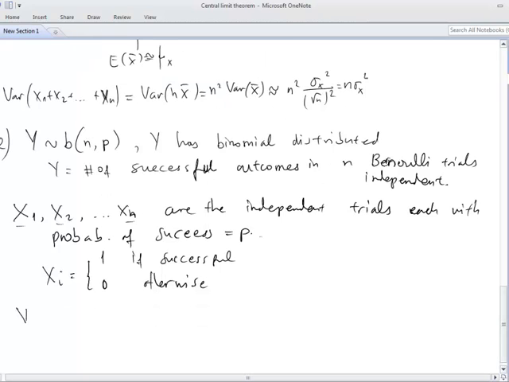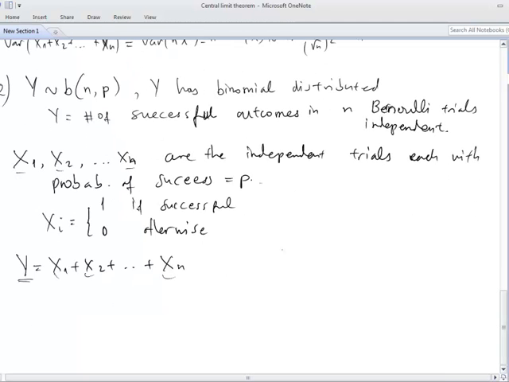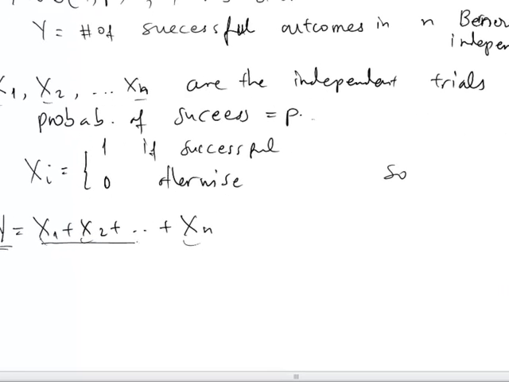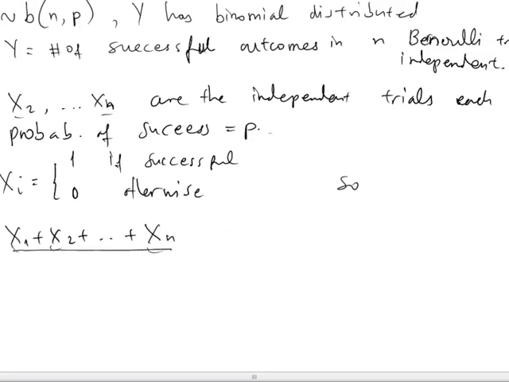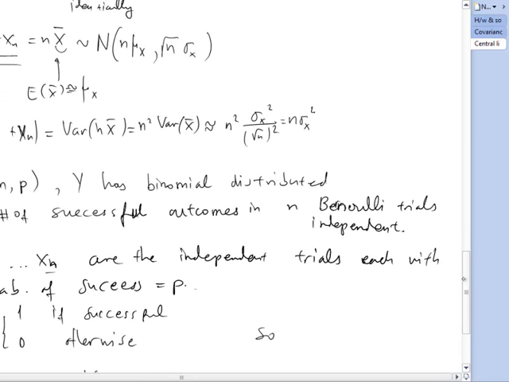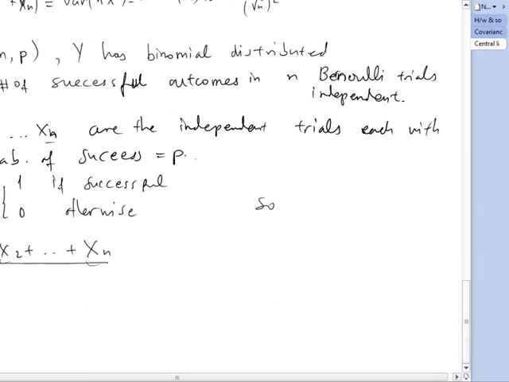And therefore, if I add those, the zeros do not contribute anything to the sum, only the ones contribute, and the number of ones among these x1, x2, up to x sub n gives me precisely the number of successful outcomes in these n independent Bernoulli trials. So a binomially distributed random variable can be viewed as the sum of n independent Bernoulli variables, all having the same probability of success, all having the same distribution. And now, if n is big,